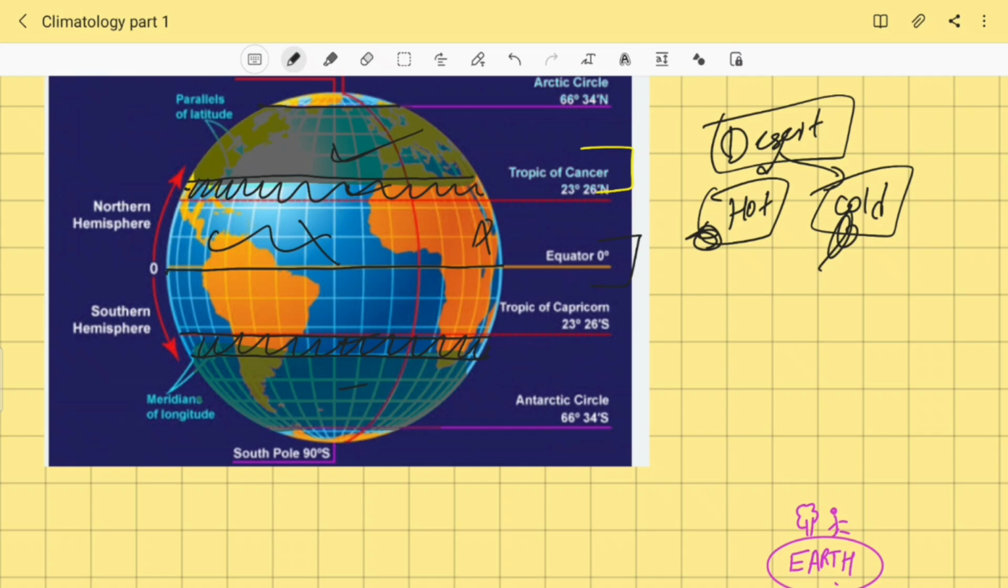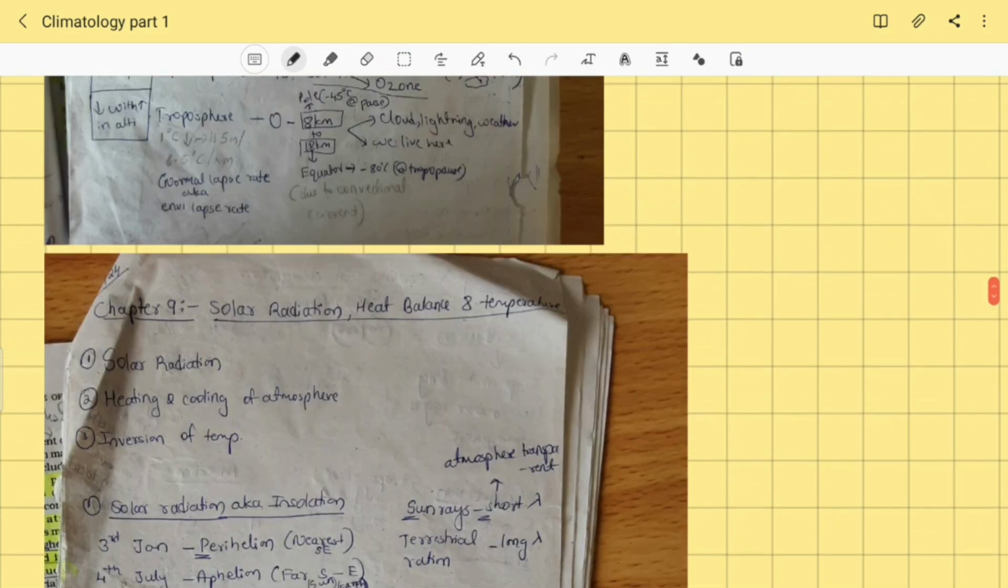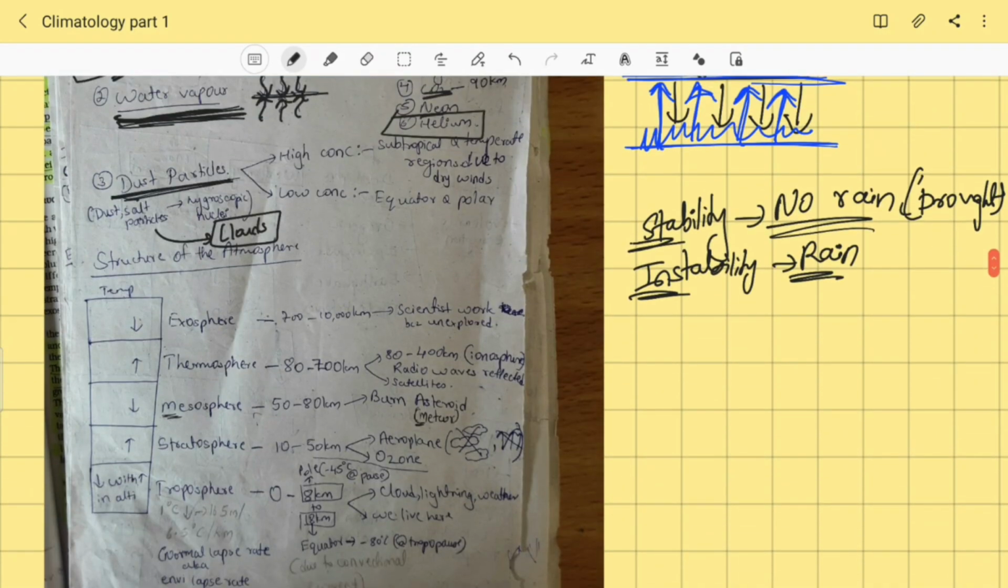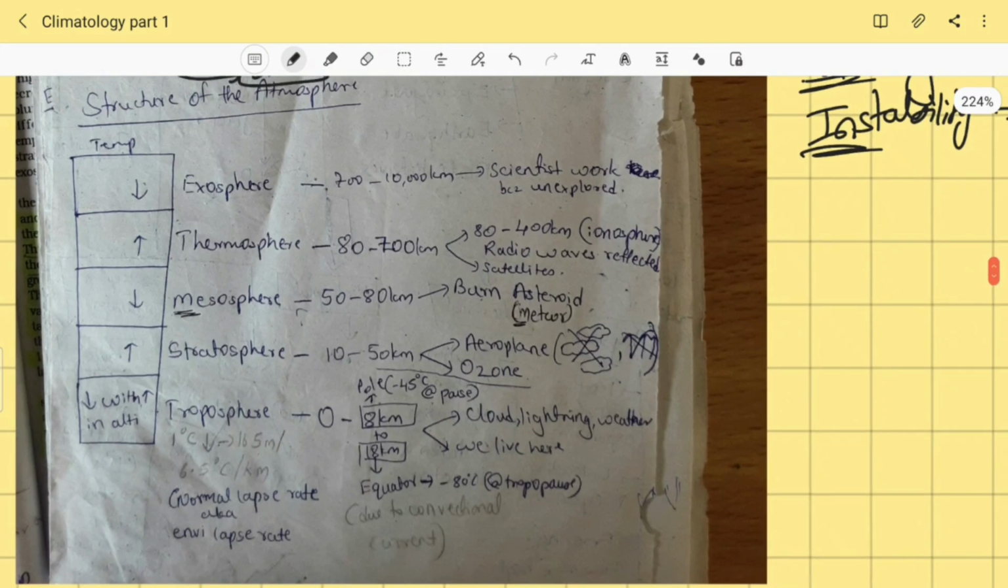Usually these dust particles are concentrated in the lower layer of atmosphere, but convectional air currents may transport them to greater heights as well. Okay, so this is all about the dust particles. So now let's move to the next concept, that is